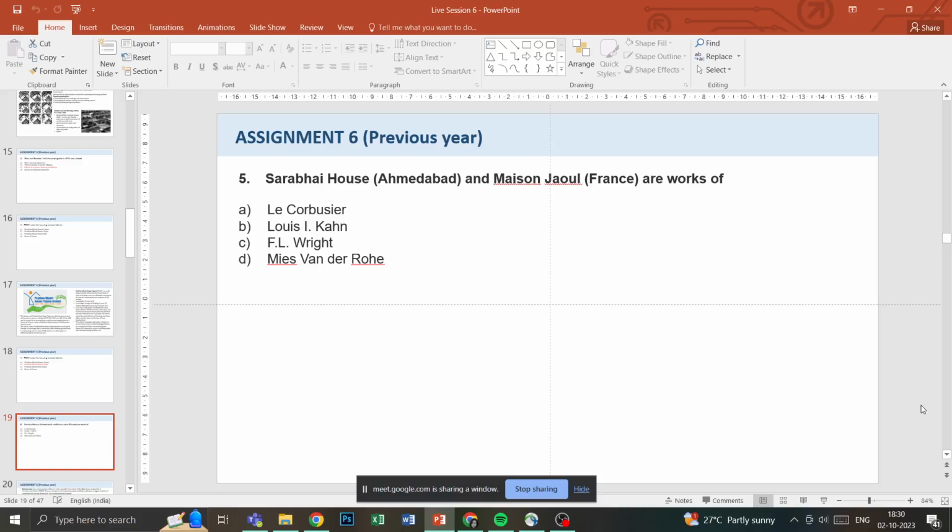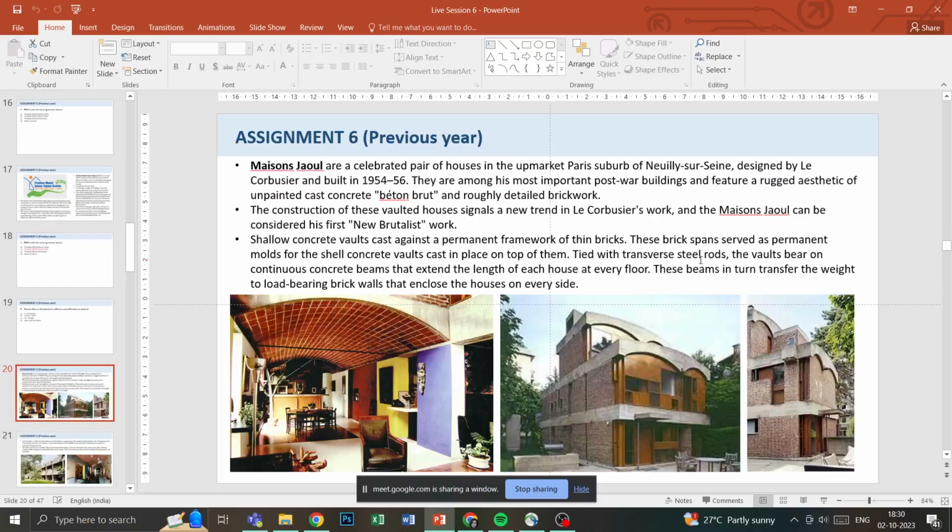Sarabhai House, Ahmedabad and Maison Raoul, France are works of Le Corbusier, Louis Kahn, F.L. Wright, Mies van der Rohe. So, Maison Raoul are actually a pair of houses which is located in the Upper Market Paris suburb, and it